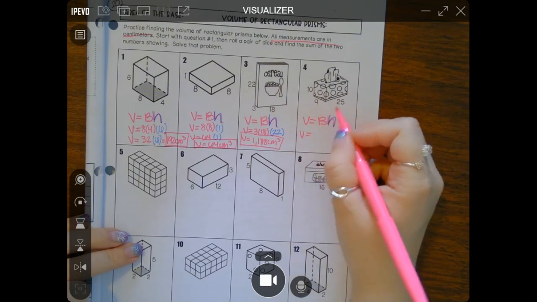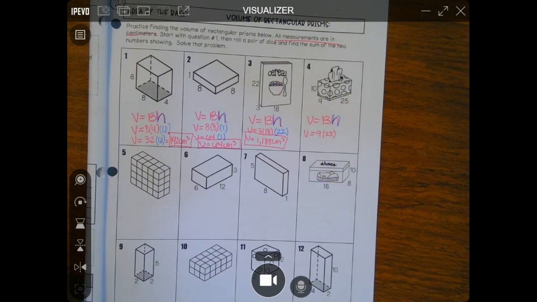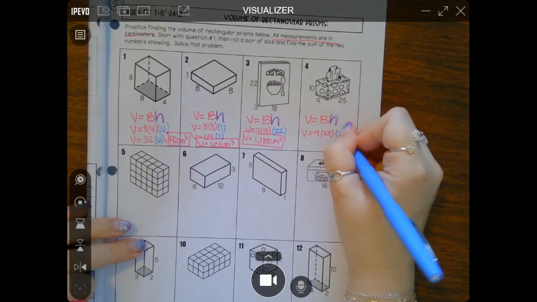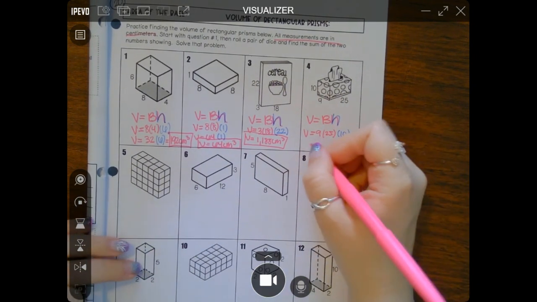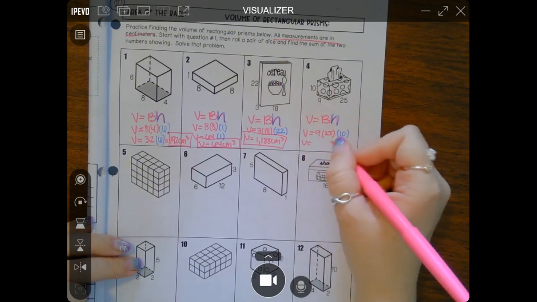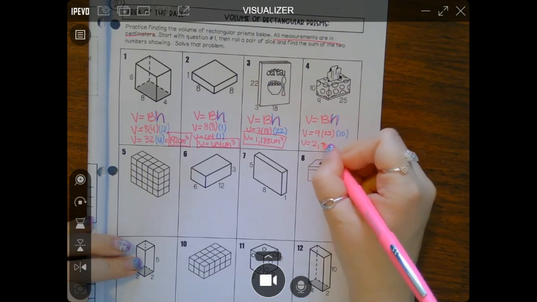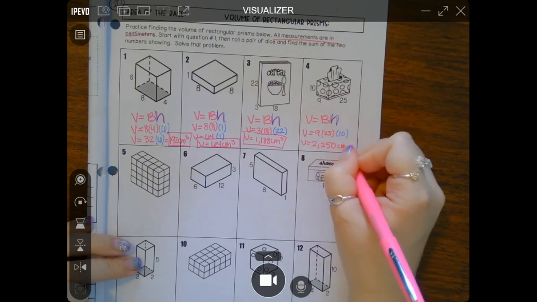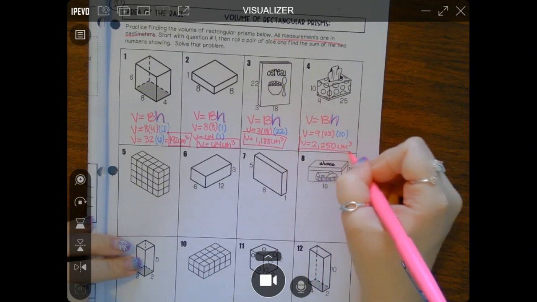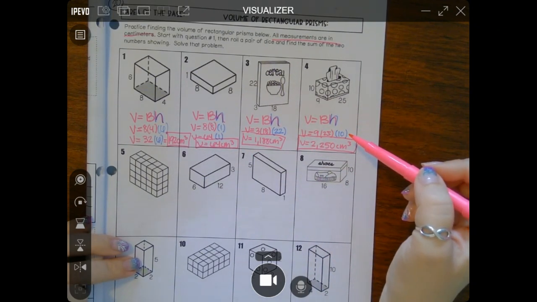Okay, which one's the area of the base? Yeah, the 9 times 25. And then which one's the height? The 10. So go ahead and multiply 9 times 25. What'd you get? 225. Now multiply that by 10. Okay, so your final answer was 2,250 cubic centimeters. I just wanted you to be familiar with using that formula in case sometimes like they actually